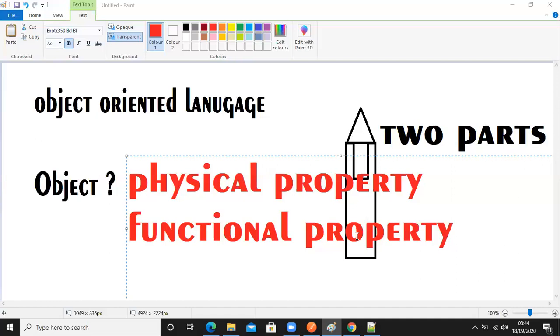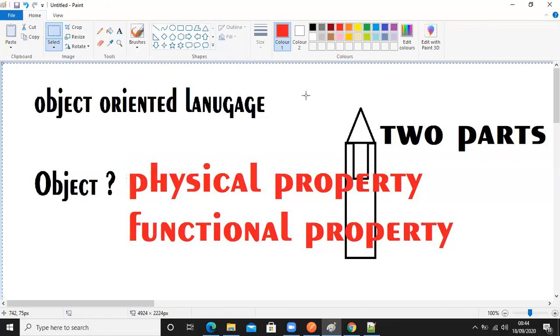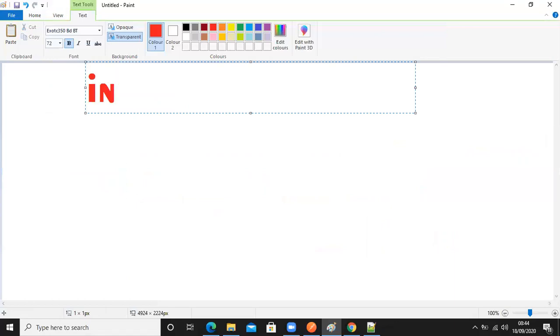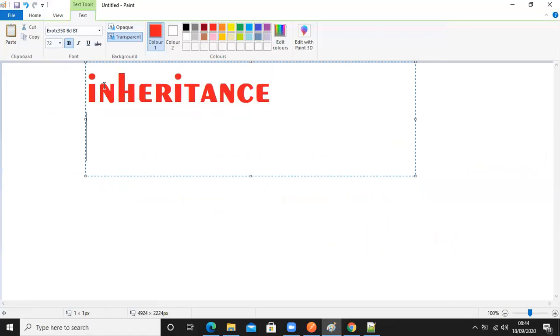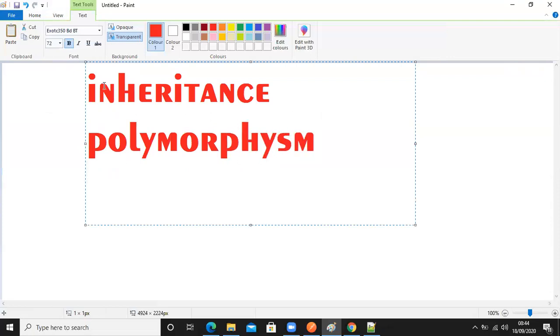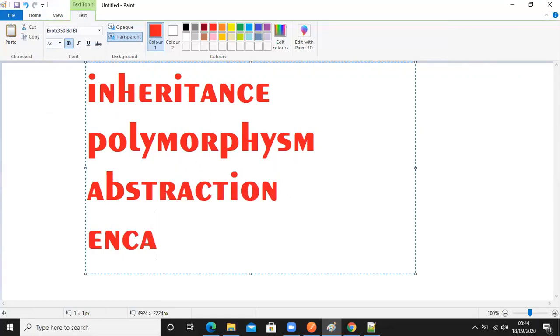For example, I'm not going to go deep into what object oriented is in this case, but we need some certain knowledge here. Okay, we'll take an example. Generally in programming, object oriented means they say inheritance, polymorphism, abstraction, encapsulation. These are the terminologies people use while explaining object oriented.